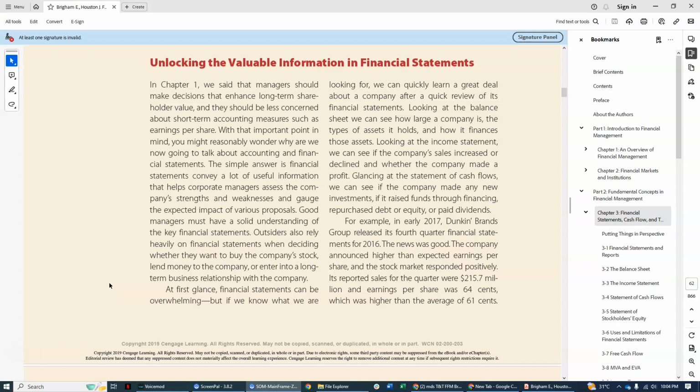And for the cash flows, you can see if there are investments by the company, or looking at the operating side, you can assess whether the company is generating money out of its operations or not. So you can get a sense of whether the company is doing well or not. You can compare their financial statements over time, and see if they are making the right decisions, or if they're on the right track. Then you can decide whether to invest or not.